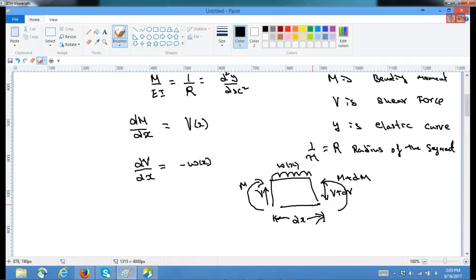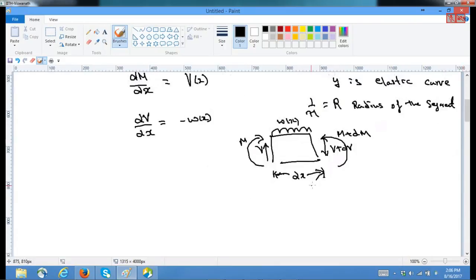So based on the equilibrium, the above things are derived, where w is the distributed load on the beam. This is a beam structure with Young's modulus E and cross-sectional inertia I. So based on the equilibrium, we showed this, and using all these things, we further showed that